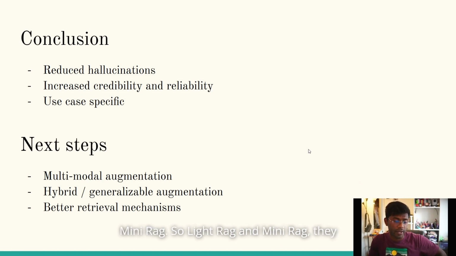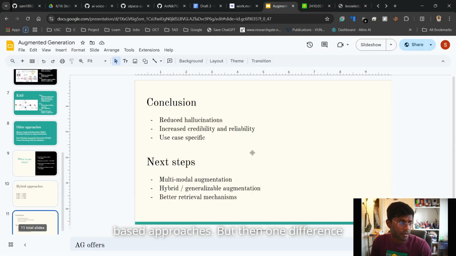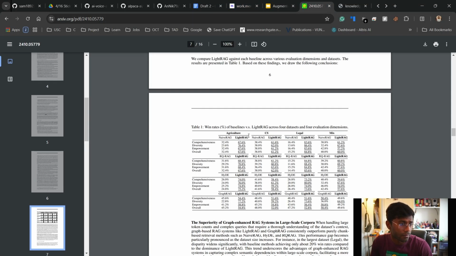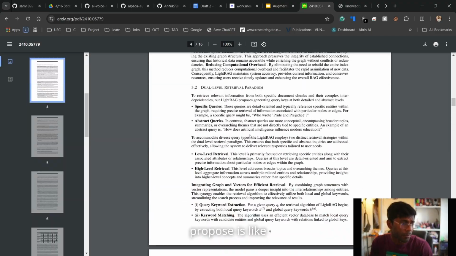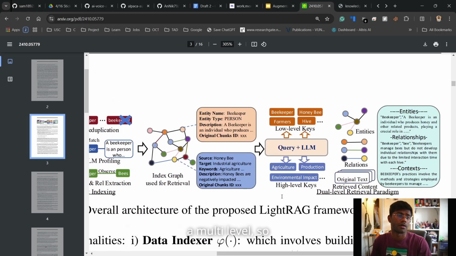So LightRAG and MiniRAG are based on knowledge graph-based approaches. But one difference that they propose is a dual-level retrieval paradigm. They generate this graph, and then they extract keys at two different levels: a high-level overarching theme, more general based on the query, and then more low-level keys, and then use these two to